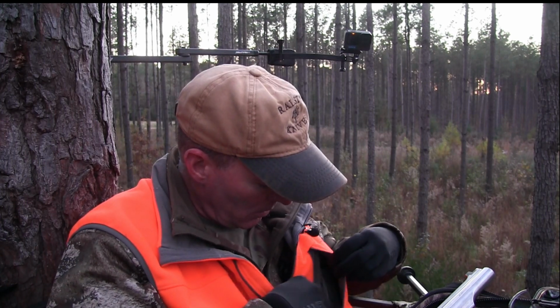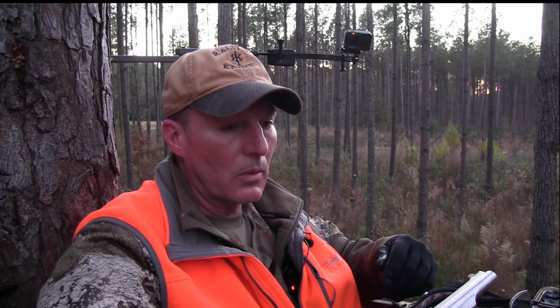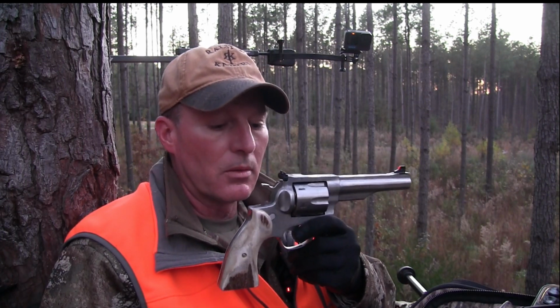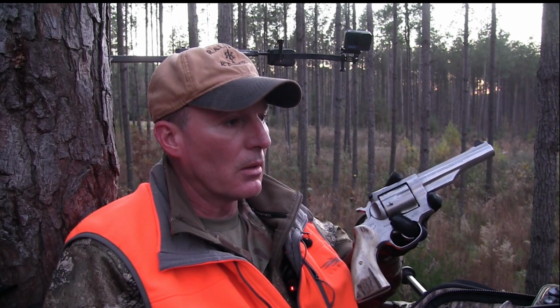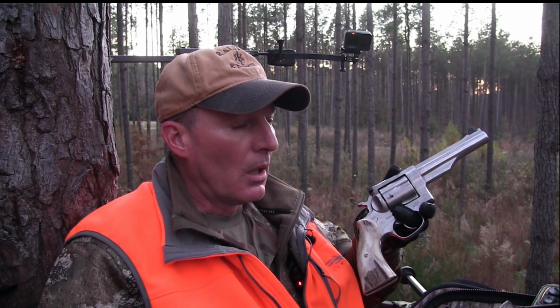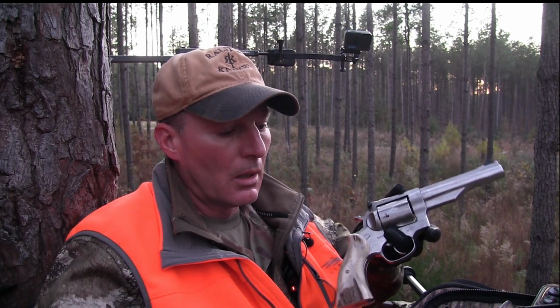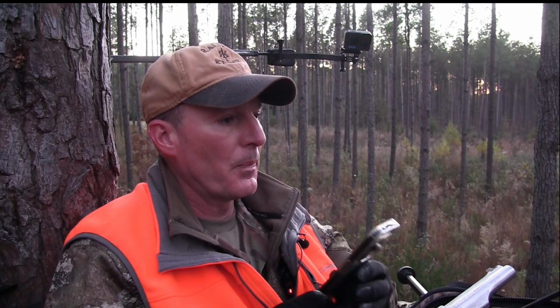First deer. Redhawk, 5.5-inch model, 44 Magnum. She's got 250 grain cast hollow point over 17 grains of 2400. And I'm trying to remember, I think about, can't remember my last data, I've got it here on my phone. I guess I could look it up, but